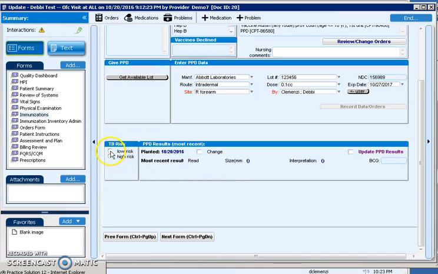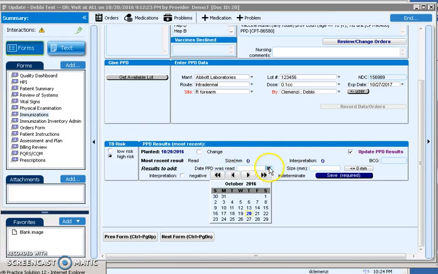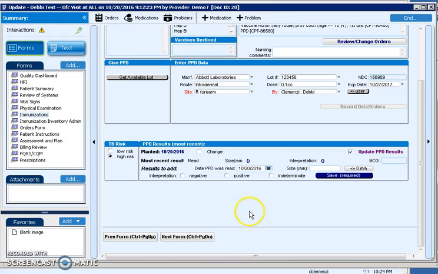So you would select low or high risk, and planted would be 10/20. If you needed to change that, you could select change, and this will give you the option to change the date and save it. We're going to deselect this, and we're going to go ahead and update the PPD results button. Once you've done that, you would select the date that the PPD was read, the size, if there's any